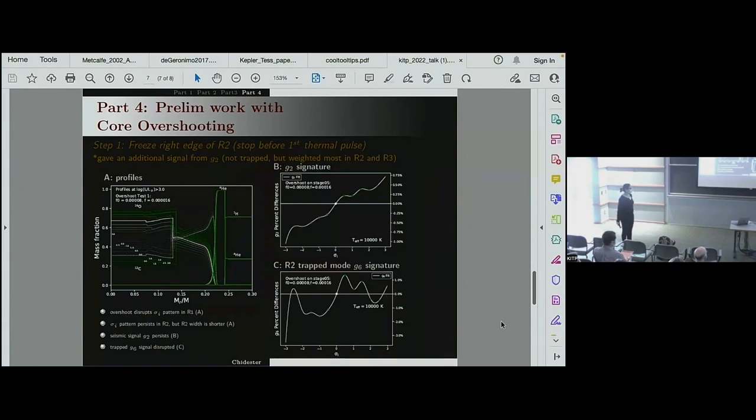Yes, so that's what we're exploring right now, that coupled uncertainty of what's the interplay of both core overshooting and changing the rate. Our argument though is that even when you add overshooting, okay, if you add a very large value, it could disrupt all the profiles, right? But within what you would expect, reasonable values, this region should still persist because of that radiative burning.